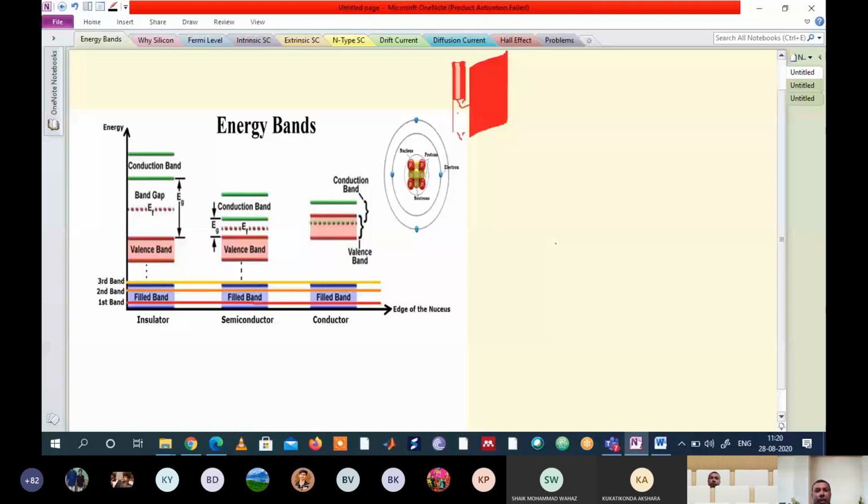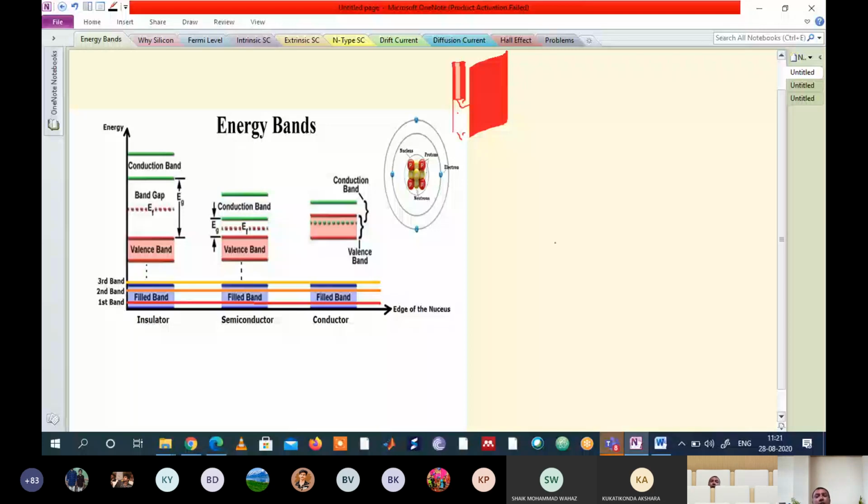Now what I told in last class, certain definitions we have learned, like energy band. What is energy band? Energy band is a group of energies that are combined in first orbit electrons. That means if an electron is having an energy, then how many electrons are present in first orbit? 2 electrons. So 2 electrons means how much joules? For example, if any electron is carried by 1 joule of energy, then it is carried by 2 joules. Likewise, in second orbit, we have 8 electrons, we have 8 joules. So it's nothing but the band of energies which are present in the respective orbits. So therefore, it is called as energy band.